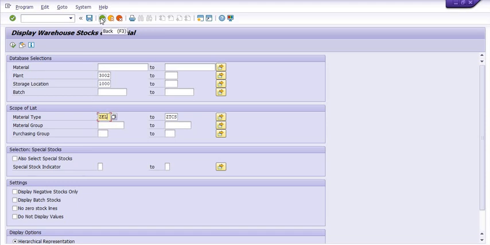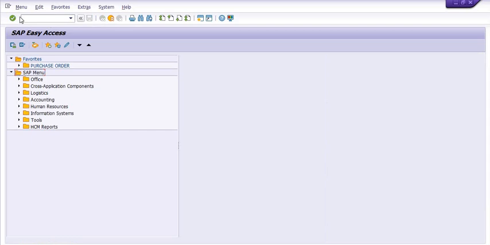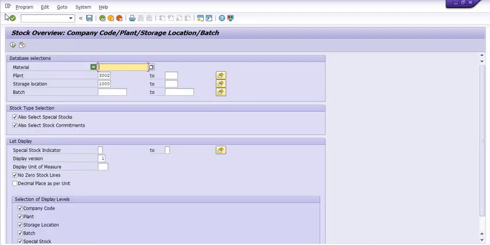One more thing, MMBE. MMBE is a transaction code for stock overview: company code, plant code, storage location and batch. For example, I just want to get the data of this material 12000913.